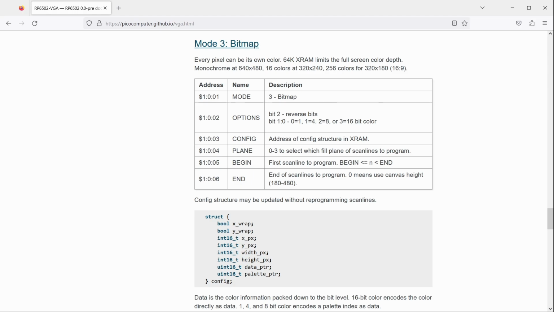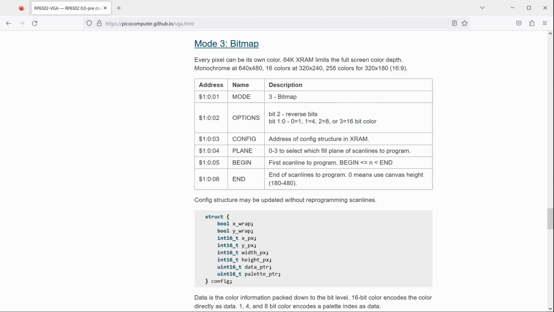We can put it anywhere we like, and it points to other data structures, which we can also put anywhere we like, as long as it's extended memory, not the system memory. The entire 64K of extended memory is completely free for you to partition any way you want. Not even a single byte is reserved, it's all for you. To keep things simple, I will put the bitmap data at extended address 0, and I'll put the config structure at FF00. We'll look at the X and Y parts of this config structure in a bit. Let's start with the width and height.